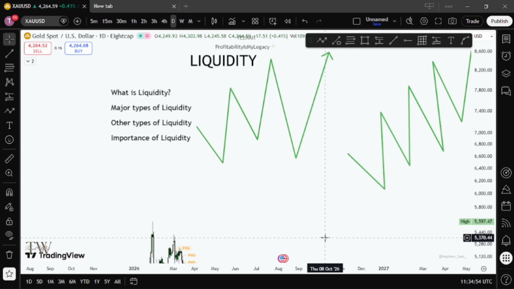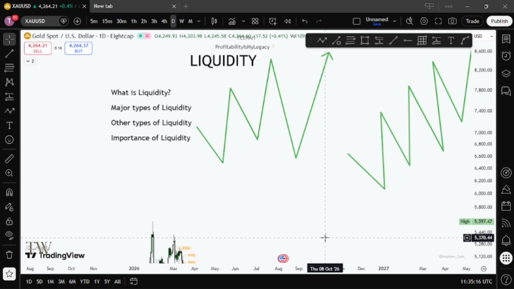Don't assume every break of a high or low is a breakout. It could be a liquidity grab or a sweep. Okay, so you need to pay attention to these things. You need to also know that the market does not just move randomly. It often moves towards areas where orders are concentrated. If you can identify where liquidity is resting, you will have a better understanding of why price behaves the way